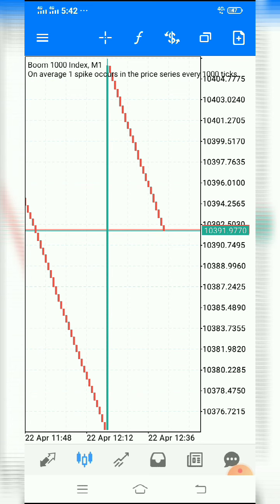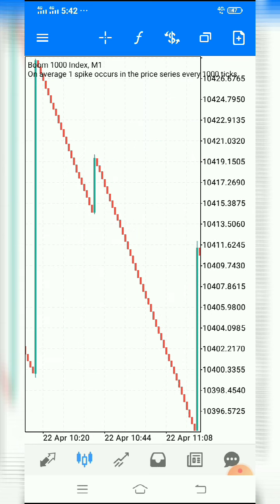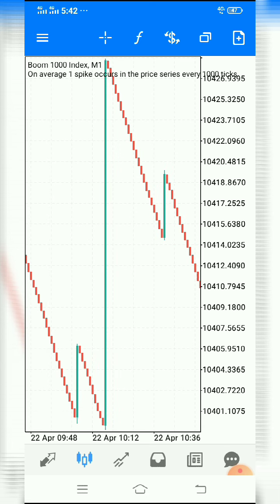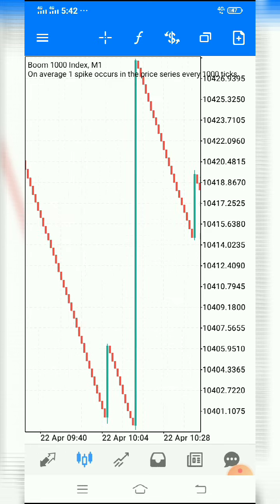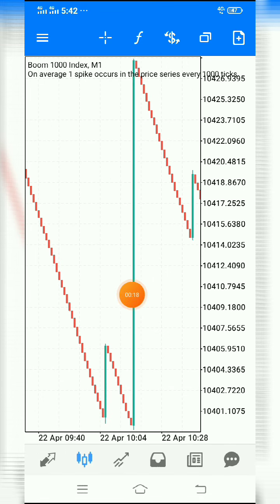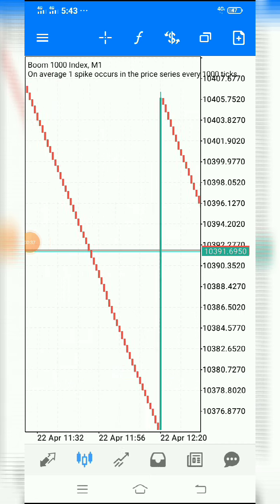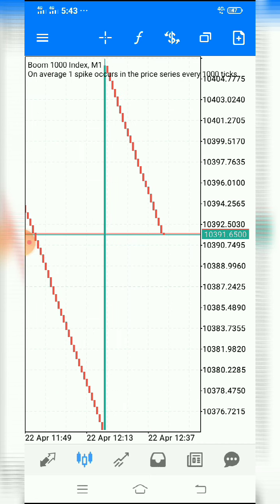Today I am going to tell you the best strategy for using Boom and Crash. First of all, what should we have to do? You have to focus on this chart and just follow what I am doing, okay? This is compulsory for you. This strategy is used only on the M1 time frame in your MT5 account. If you are using an MT5 derivative account, you can apply this strategy in your MT5.